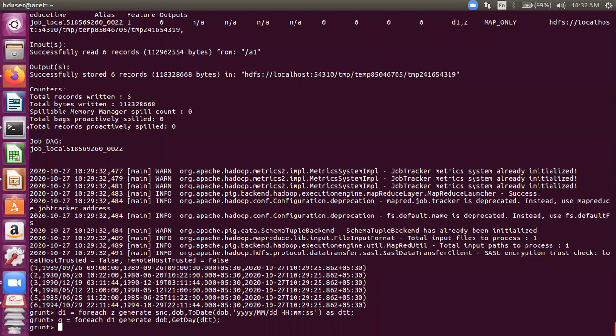Have you understood what I have done just now? This is important, that's why I'm asking. Two questions I'm going to ask you. I have written the get day to extract the day out of a date using two queries: first, projecting Z into a relation D1, and then projecting D1 into a relation Q. So first of all, whether it will give the answer, yes or no. And secondly, can I do it using one query? You can think them over and answer back to me. Yeah, please respond.